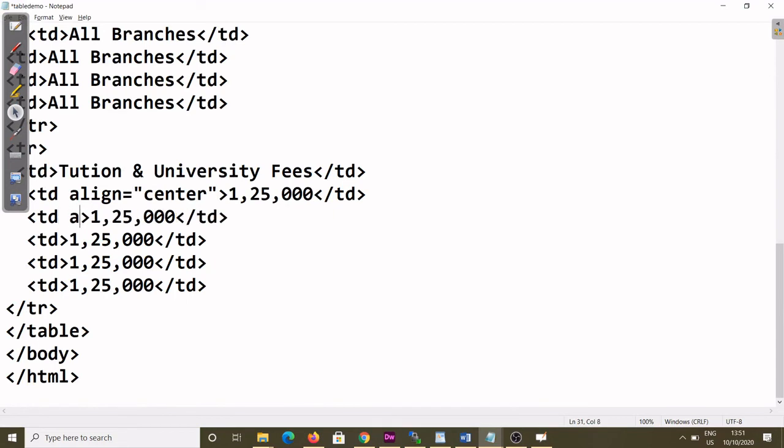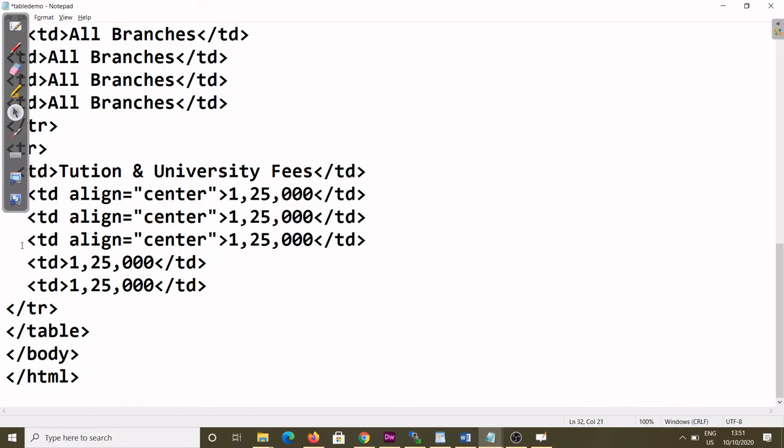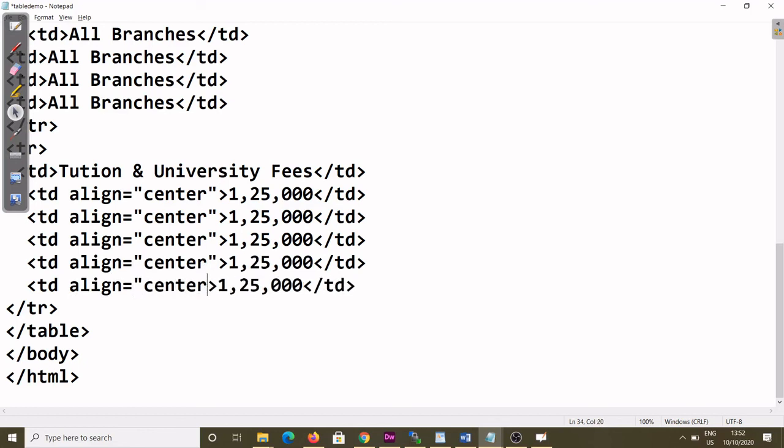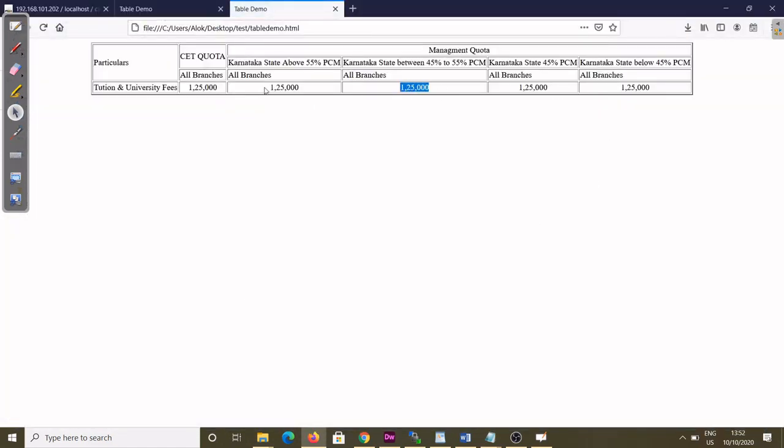Here again TD align center, then again TD align center, TD align center, TD align center, all values will come center. So align is again very popular and common, you can use it along with paragraph, table, tr, td, anywhere. Control S, then refresh the page. You see now this value is coming center now.